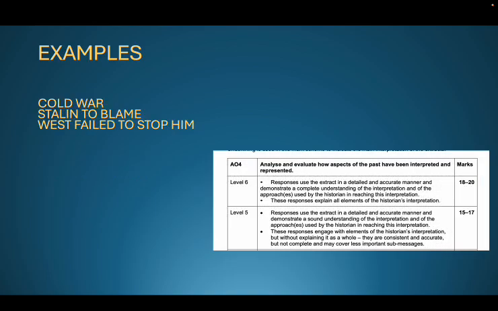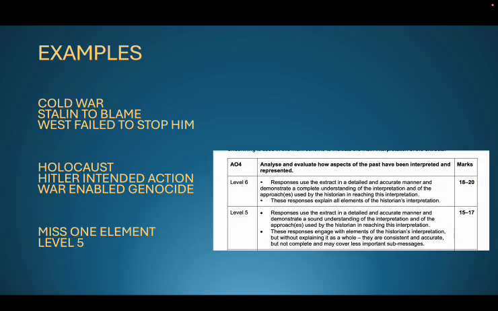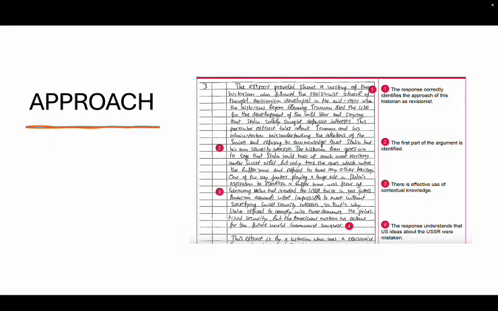So, step 3 is to identify the historian's approach, and essentially what we are talking about here is to use labels only if they fit the extract. So speaking in terms of labels, intentionalist means planned, functionalist means no plan,